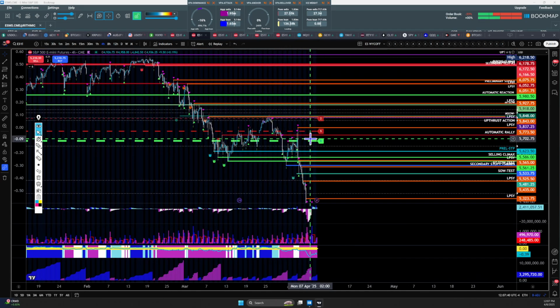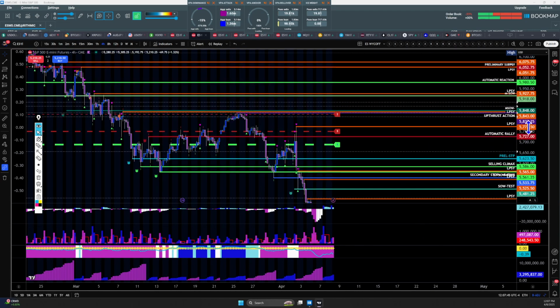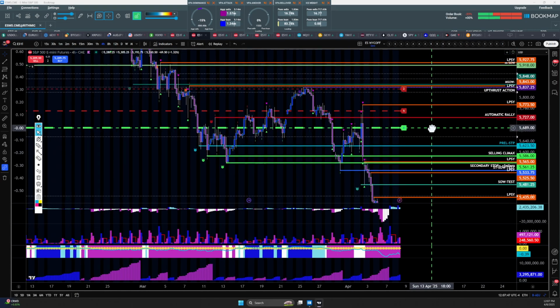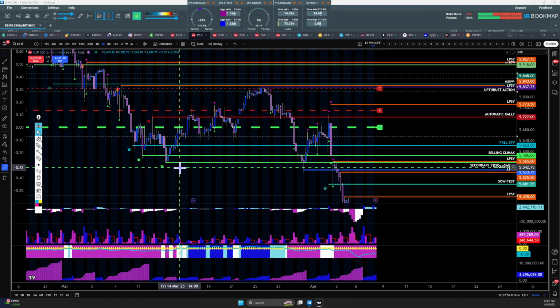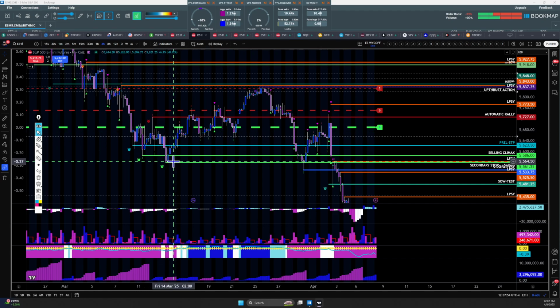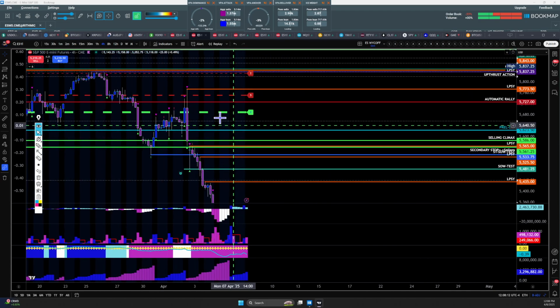So this right here, I was looking at this as a possible accumulation. So label that out with the selling climax. We have the secondary test. Secondary test was below the selling climax. That was looking a little weak right there, looking like seller dominance, maybe a continuation. But then we started to get this. We created this huge upthrust, but fell back down and created this secondary test, sign of weakness, right, after the